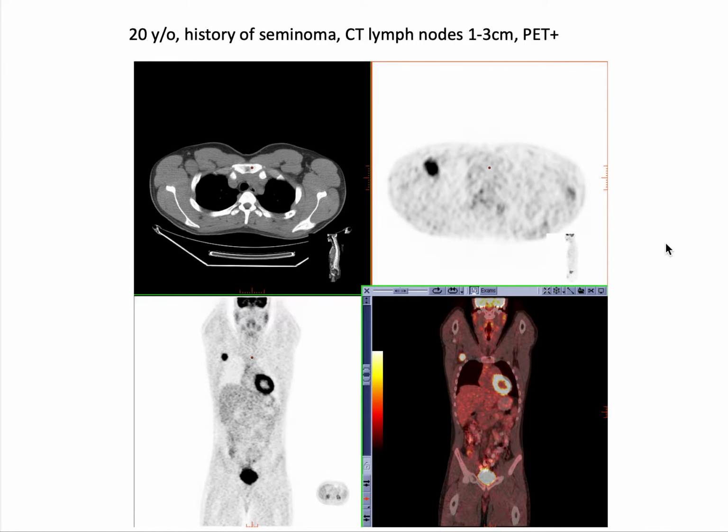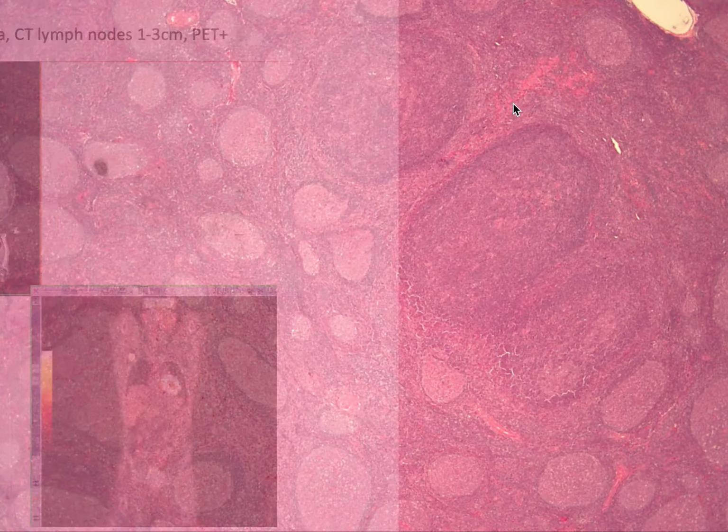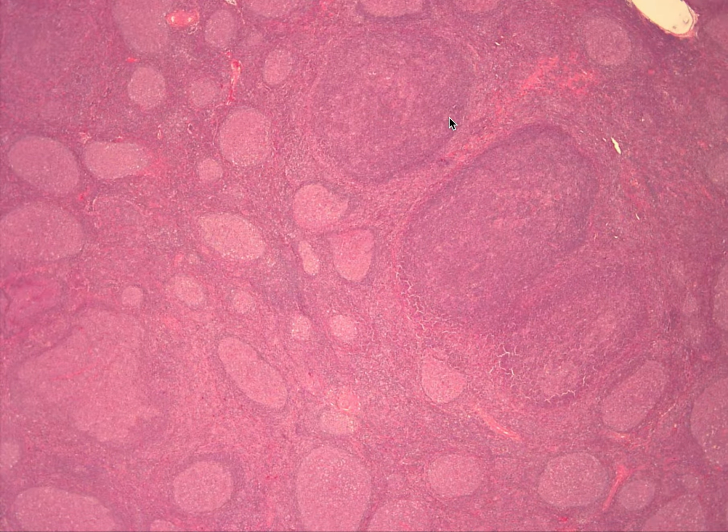So the first case was a 20-year-old with a history of seminoma. CT showed some enlarged lymph node, and PET scan showed positive lymph node in the axilla area. But on H&E, what we see here is lymphoid hyperplasia, variably sized germinal centers, ranging from small to medium. But focally, there are these much more enlarged follicles or germinal centers. Some have irregular borders, but there's this focal